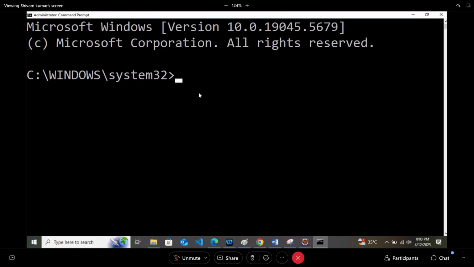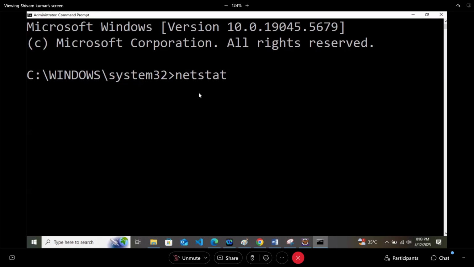Now in this, you have to type a command, that is netstat. Again, no need to write it down now, I will give you this, don't worry.